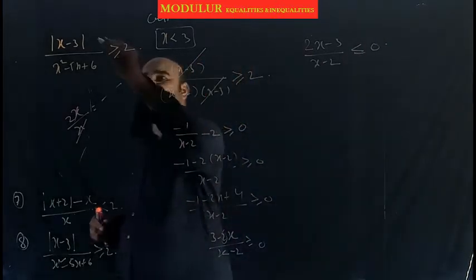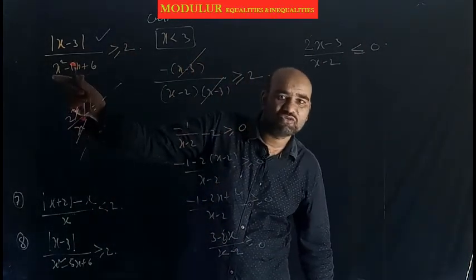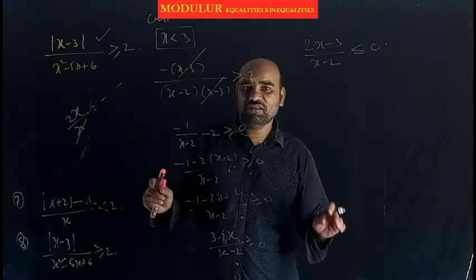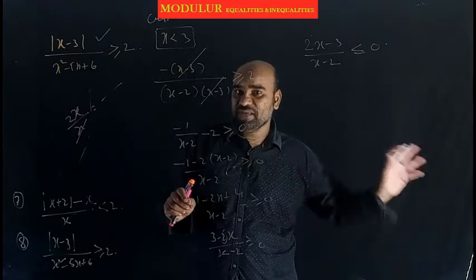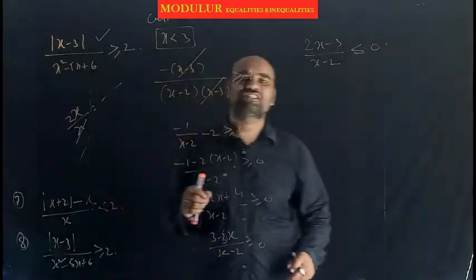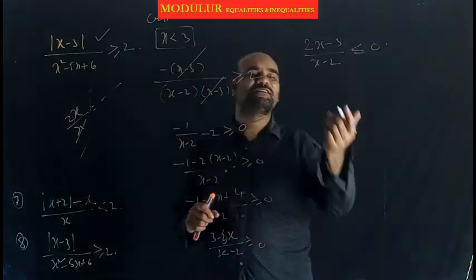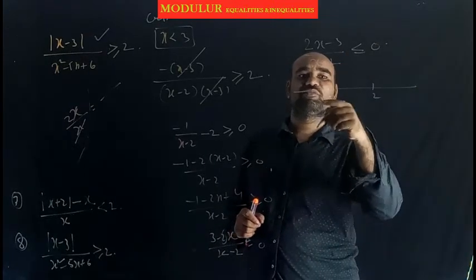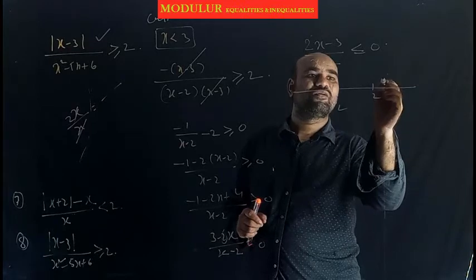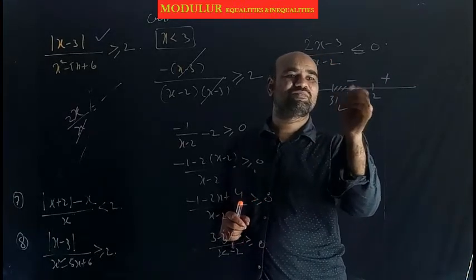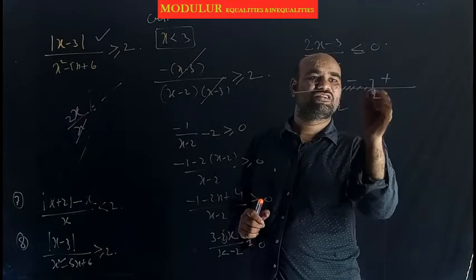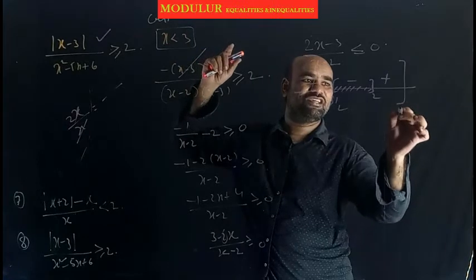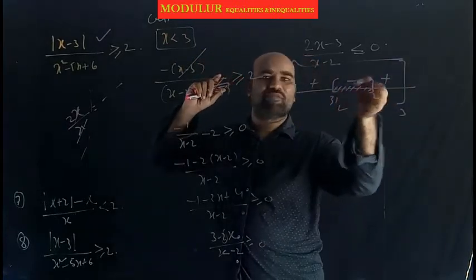So in this problem also, the denominator is x minus 2 and x minus 3. If x is equal to 2 or 3, the problem is not solvable. Means in the domain 2 and 3 should not be. That's why the domain of the problem is all real numbers except 2 and 3. Okay, so here on the number line, 3 by 2 means 1 point something, plus, minus, plus. I want the plus symbols including these, but I also want the domain, which is below 3. Below 3 means this is common.